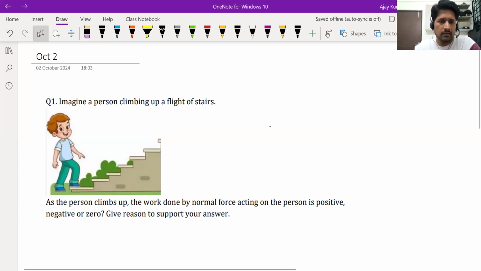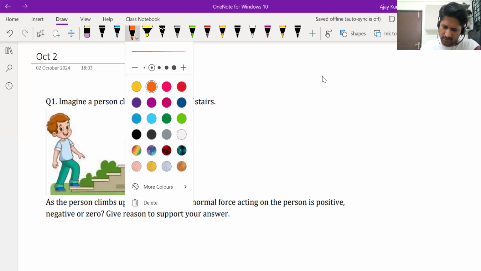Yeah. So a person climbing up a flight of stairs, what is the sign of work done by normal force? Rishi, you said positive in the last class. Okay. So positive. Fine. Let's see. You who gave the answer as positive, you all said it is positive because